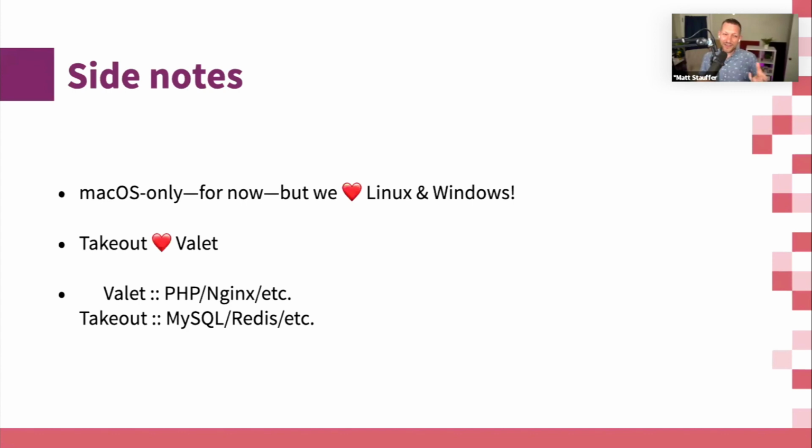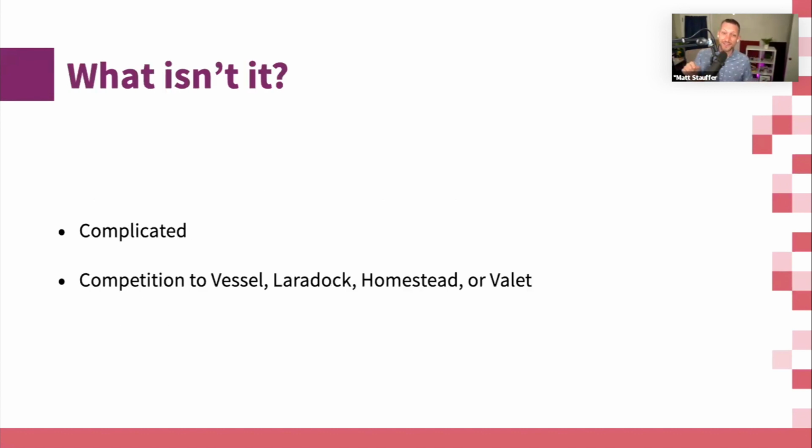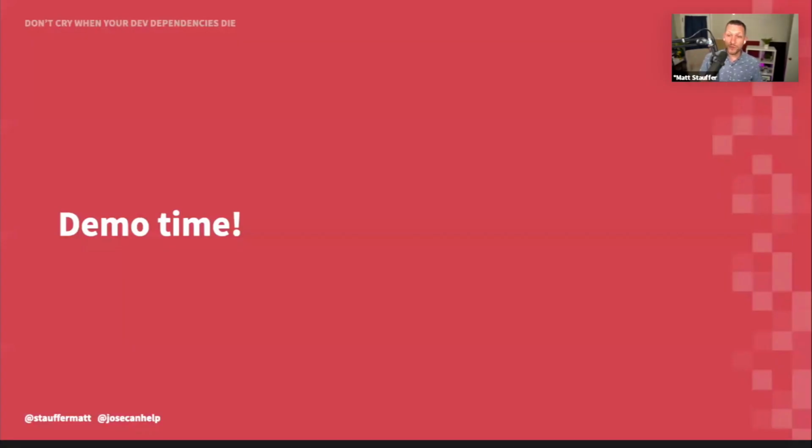And as Valet is to PHP and Nginx and stuff like that, Takeout is to MySQL, Redis, Memcache, Postgres, Elasticsearch, whatever else. What it isn't is complicated or competition to Vessel, Laradock, Homestead, Valet, or anything like that. So I'm going to give you a really quick rudimentary demo of just some of the simplest pieces. We've got lots of other plans. Jose will show you a little bit, but because we don't have much time, we wanted you all to understand